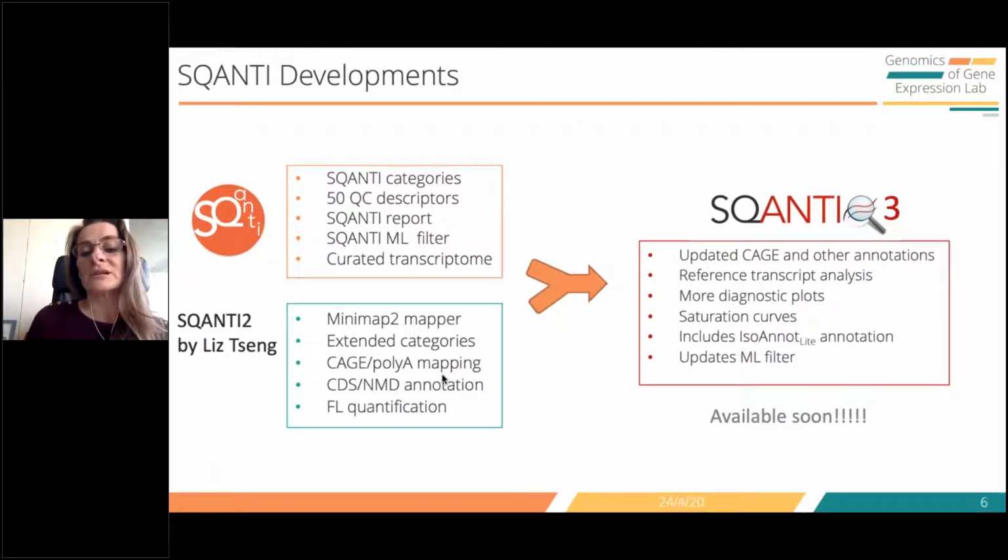We are looking very much into how our called transcripts relate to the reference transcripts. We have more diagnostic plots, we have saturation curves. The new SQANTI 3 will include direct annotation with IsoAnnot Lite to create all these functional labels, and we are also working on updates on the machine learning filter. This will be available very soon, but I can already give you some insights